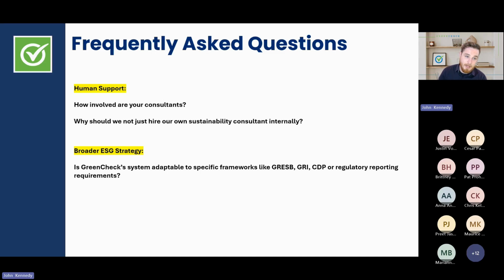Why should we not just hire our own sustainability consultant internally? Look, I'm going to be the first to say hire a sustainability team member for your organization. No matter how far along the path you get, there is going to be more and more and more. It gets more involved and more in depth. And once you have your reporting process figured out, those sustainability consultants are going to be able to touch every